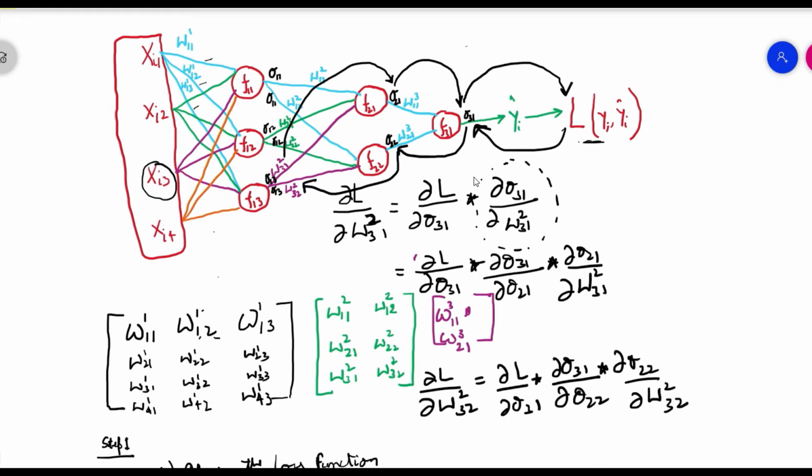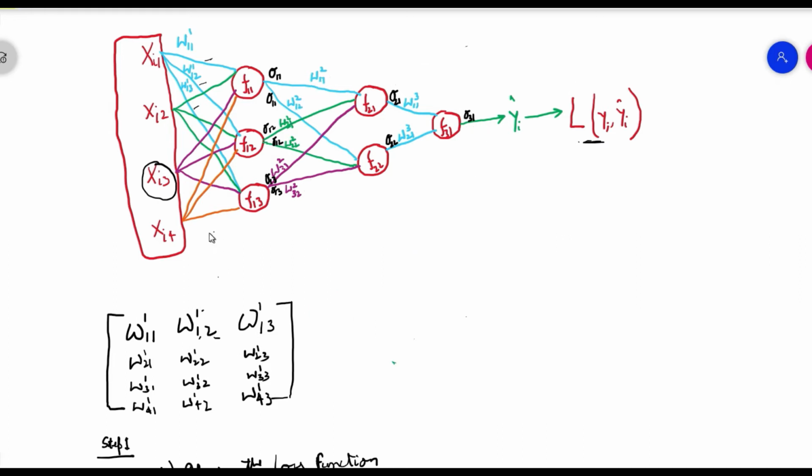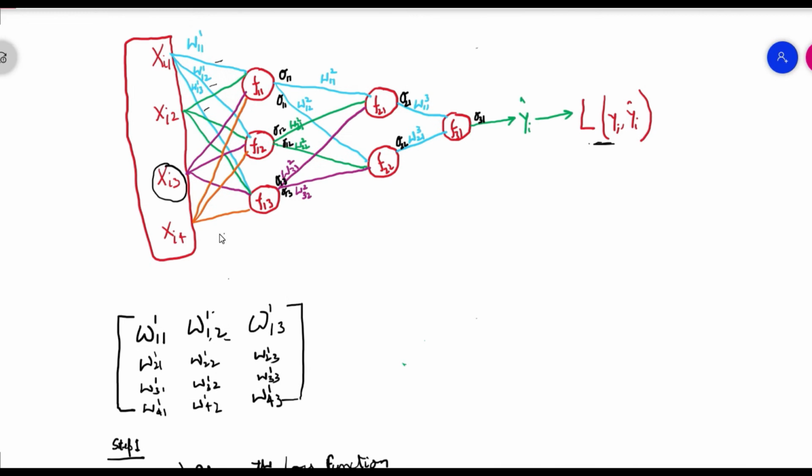So let's clean our slate once again. At the W1 level, that is this region, this is W1 level, this is W2 level, this is W3 level. At W1 level, we already know that we have a set of 12 weights that have to be determined for each of the input. For each of the input over here, for xi1 we have a triplet. Similarly for xi2 also we have a triplet. Triplet of weight respective to each of the connecting edges.